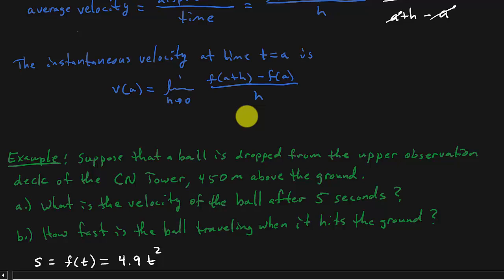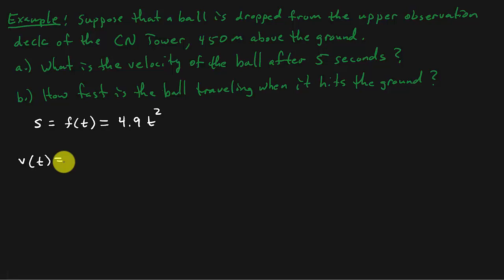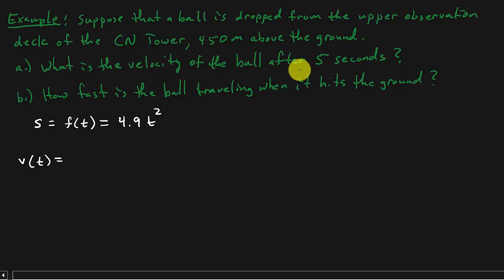But instead of finding the velocity right at 5 seconds and putting the 5 in for a, let's find v of t, which is for any time. If they say this part wants the velocity after 5 seconds, and then part B asks what's the velocity at 7 seconds,